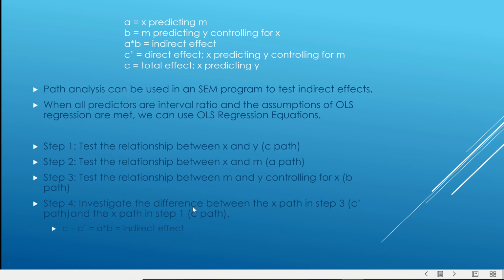So you could do this sort of mediation analysis using path analysis and SEM programs. But for this introduction, we're going to use an OLS approach, or ordinary least squares regression approach, to testing indirect effects. Now, the old school way, which had been done for at least a decade, actually probably more like a decade and a half, was the Barron and Kenny approach,